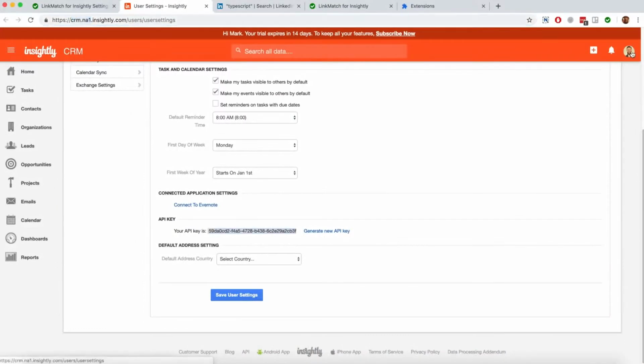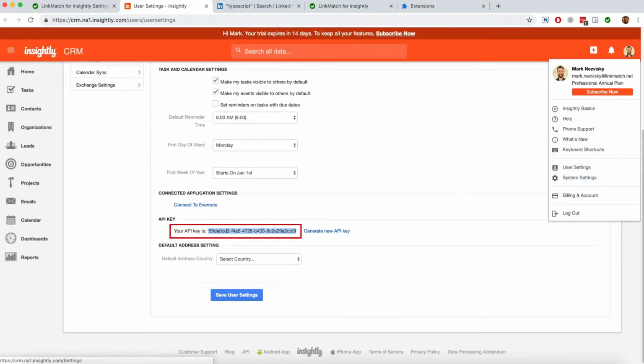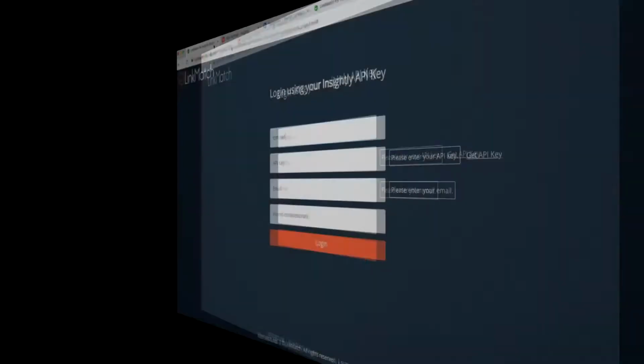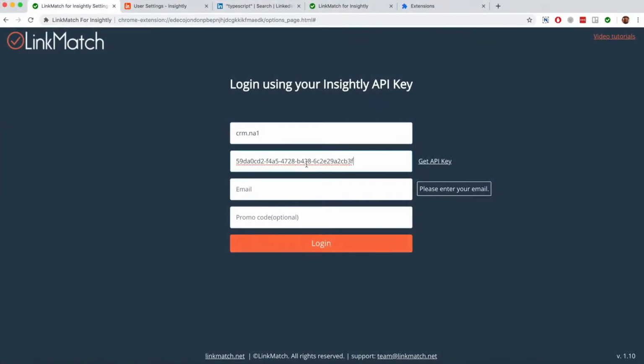Next, click on your user settings and then go to the API key section. Select and copy your API key. Go back to the LinkMatch login form and paste it into the second field. In case you forgot how to get the API key, you can either rewatch this video or click on Get API Key. In the third field, type in the email address that is associated with your Sitely account and then